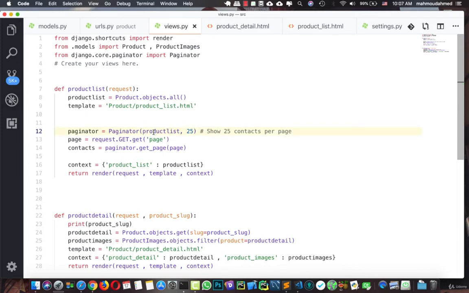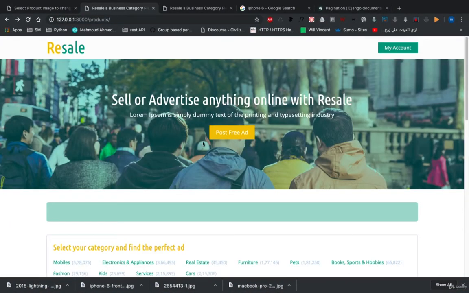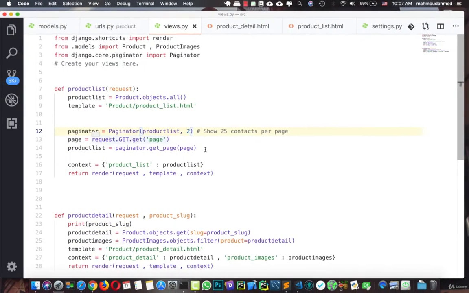Okay, and we're gonna say that the page equals request.GET.get page as it is, and we're gonna say that the product list equals paginator.get_page of page, and we're gonna give this product list to our context as it is. Okay. So let's save this and make it true as it is. Now we've added pagination, so let's refresh to make sure everything is working fine. Now we have no error. So now we've added pagination to our project, and